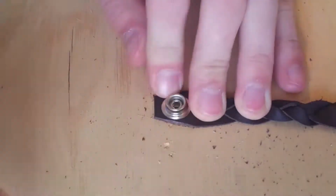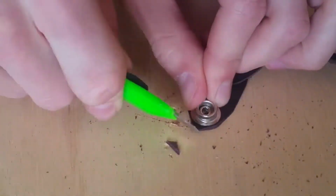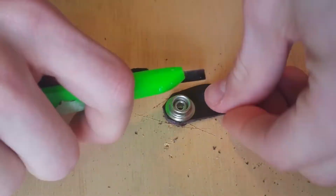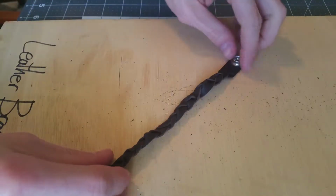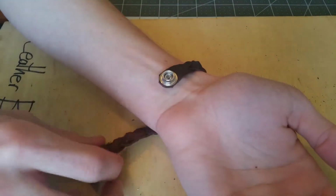Next, you see me cutting some of the excess material off. Now, after doing this, I realized it was actually kind of hard to grab that snap to pull it off of your wrist when you're using it. So if I were to do this again, I would definitely leave that little bit on at the end of the snap. So here you see me testing it out,